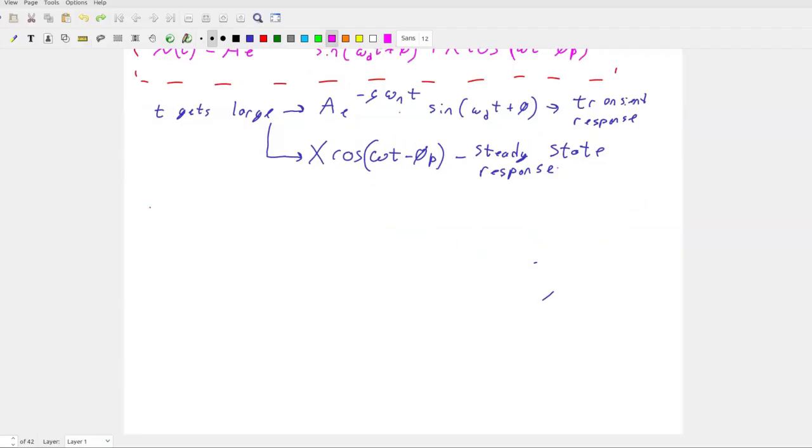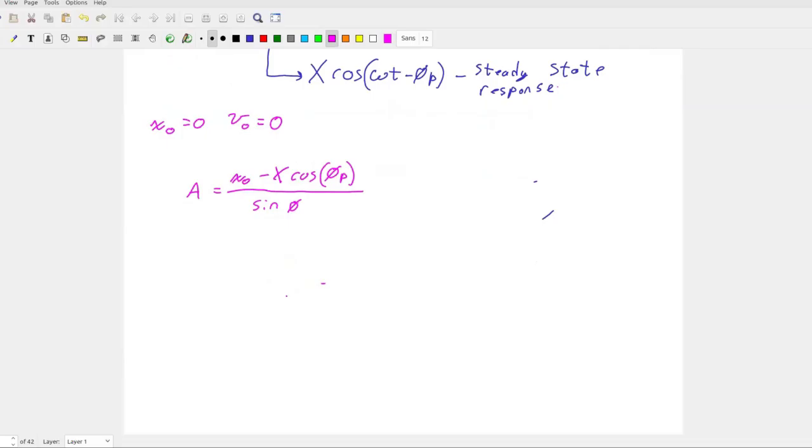So if we have x naught is equal to 0 and v naught is equal to 0, just like every other time, we can get capital A is equal to x naught minus capital X cosine of phi p, and that's all divided by the sine of phi. And now we need phi,